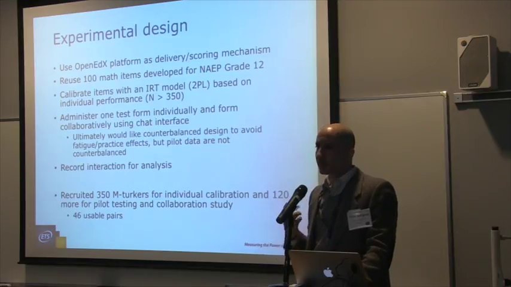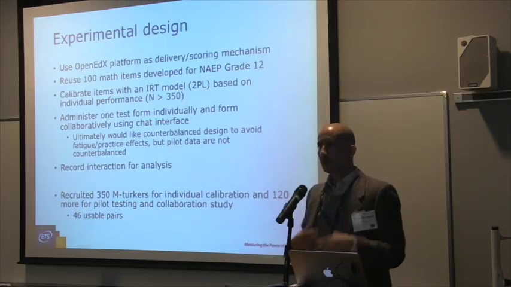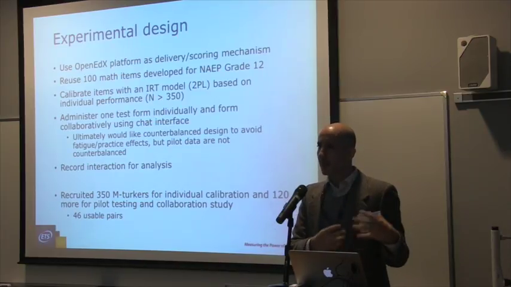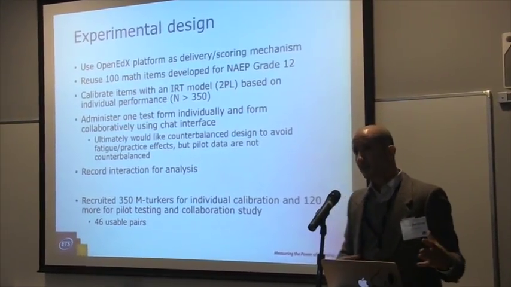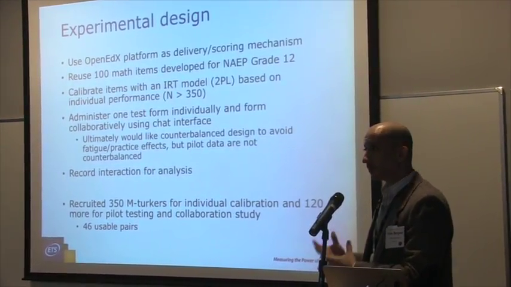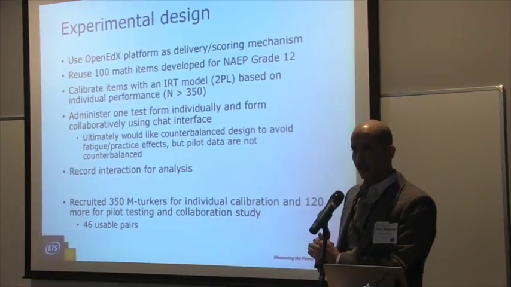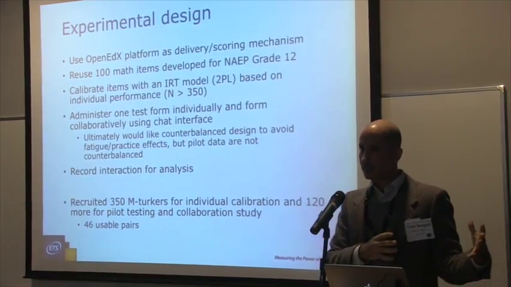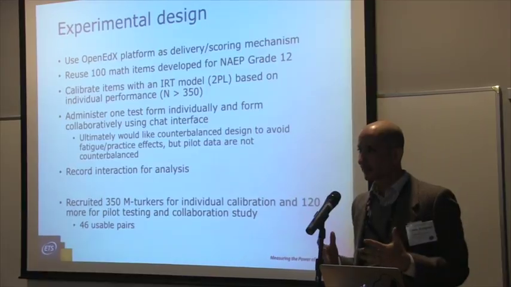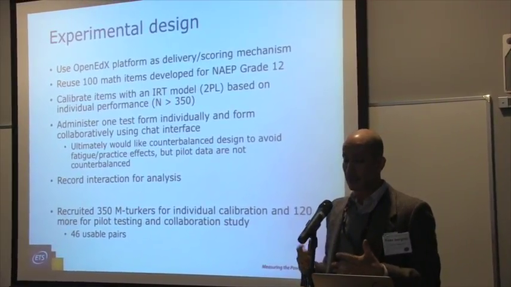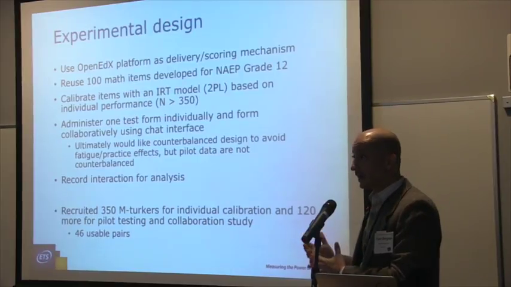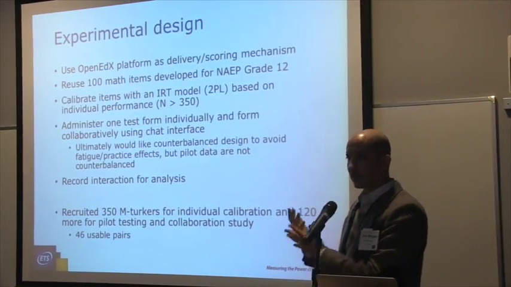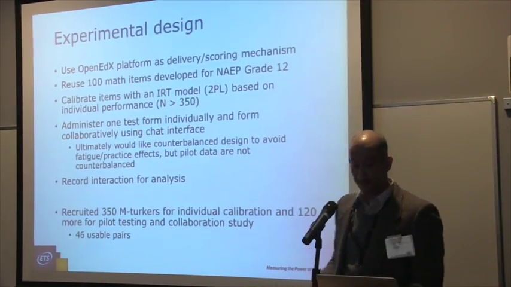And then during the experiment itself, the idea was that you would come in and do a math test form by yourself, which was taken from that same calibrated pool. Then you would go into the second form, which you would do with a partner, and you would have this chat throughout. You'd answer about 26 questions in the individual portion and 27 questions in the collaborative portion. It was deliberately a bit harder by design so that there would be less of a ceiling effect if the collaboration did improve performance.